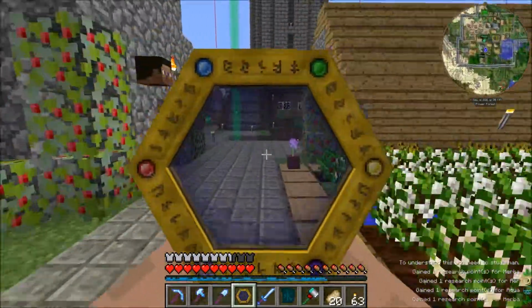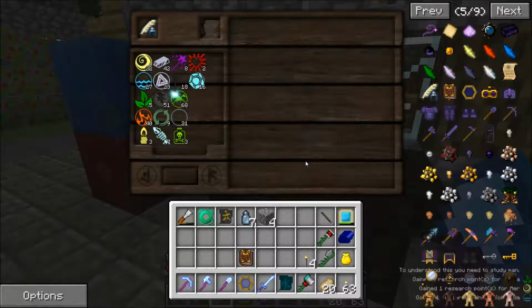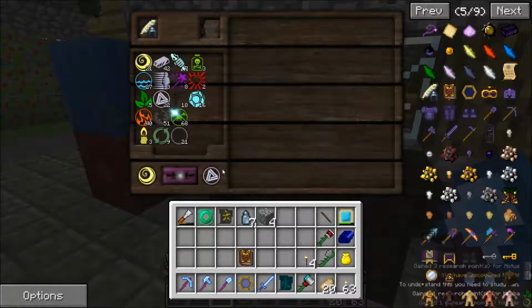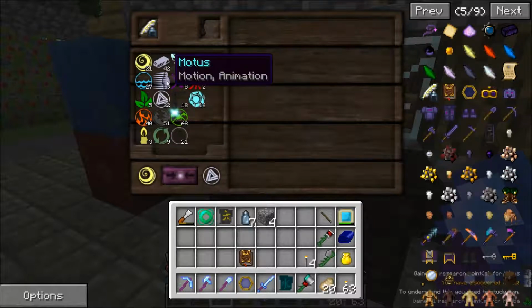Study of men, yeah. Apparently people are confusing. So we're going to create a couple more of them here real quick based on just my memories. Let's see, I think it was air and order. Yeah, air and order gives us Motus. We already got Victus. We don't have...